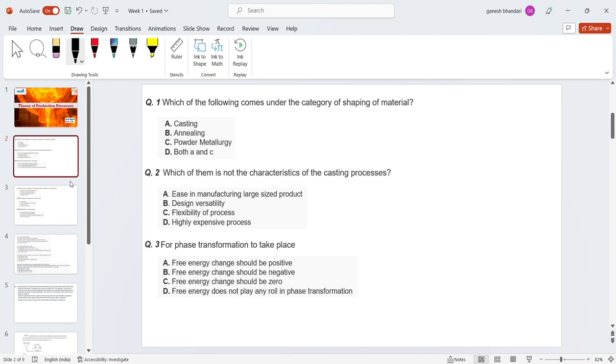It is coming from that equation, right? But when we talk about the basic definition, firstly you need to know the applications of the delta G value. The answer is B: the free energy change should be negative. The second thing I suggest is to go through how the equation delta G equals delta H minus T delta S was derived.